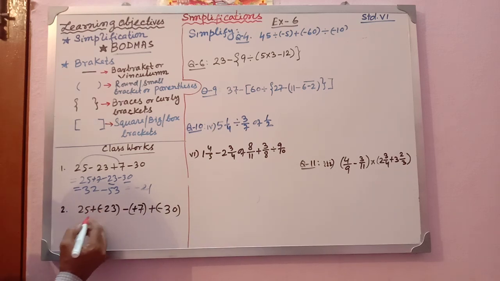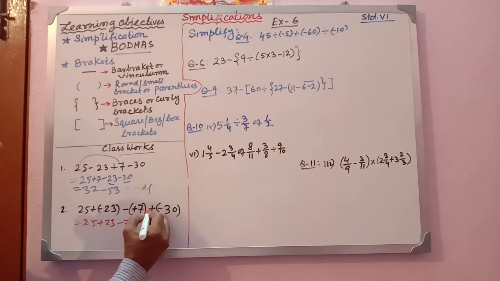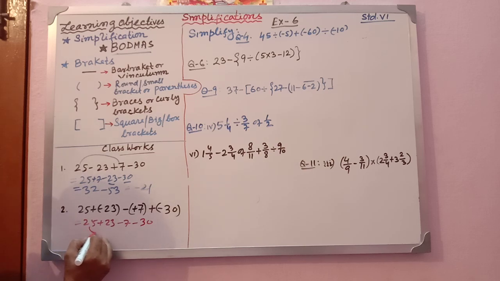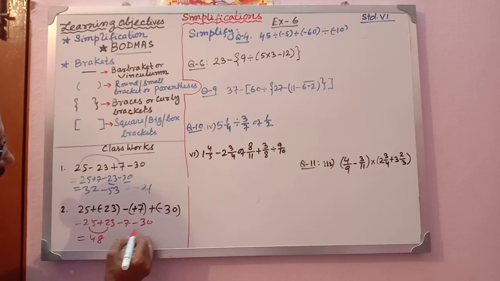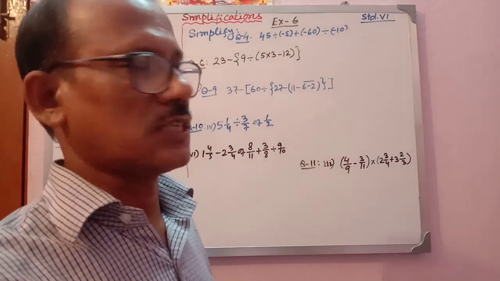So in this case plus multiplied by this one will be plus. So remove the bracket first: 25 plus 23. See, the answer will be different. See, minus 7, okay, and this will become plus, minus, minus 30. Now see here the plus numbers, this 2, so you have to add this, it will become 48. Now here are the minus numbers, the addition will be minus 37. Now you do the subtraction of numerical values, it will become 11, isn't it? And what sign will it carry? As the greater number has the minus sign, it will carry minus. This will be the answer. Could you understand? Don't get confused. Here, minus 21 with the bracket, see, the answer has come different. Okay, fine. Now move on to the exercise and let us solve.